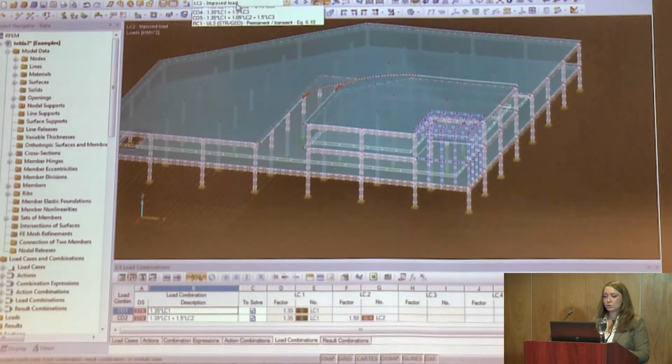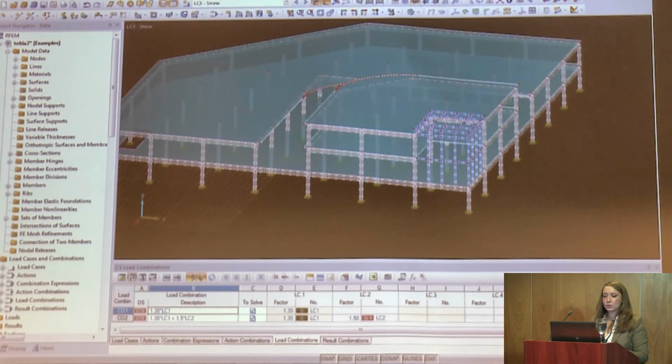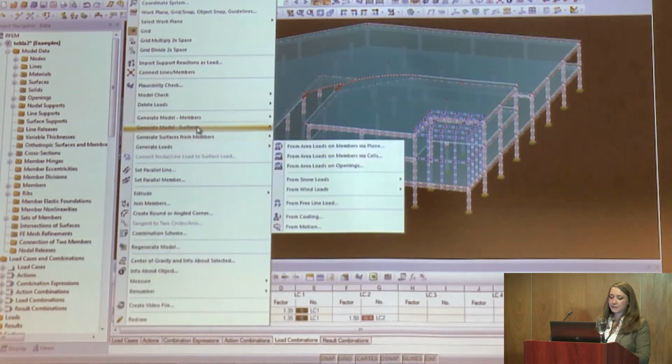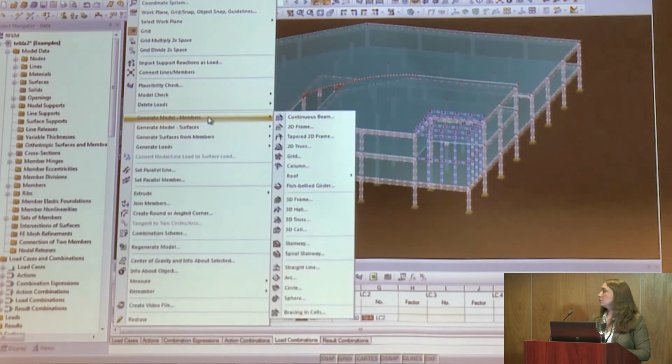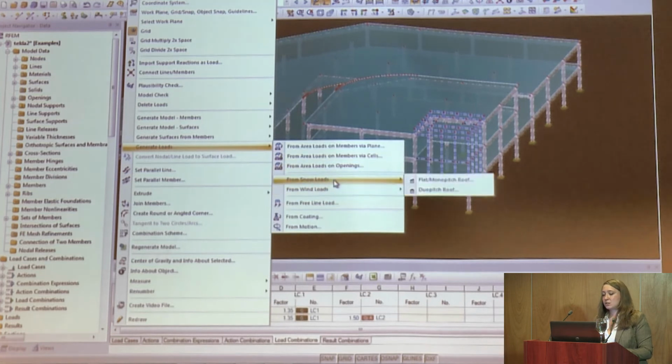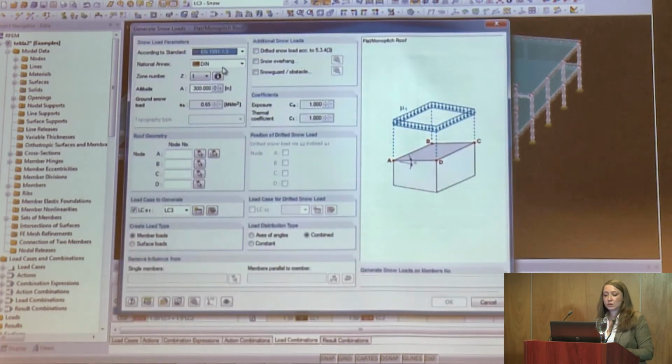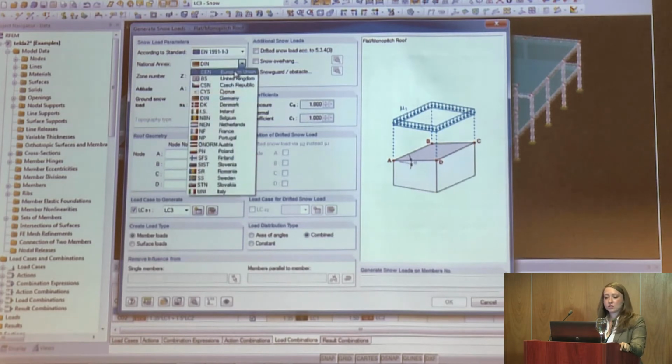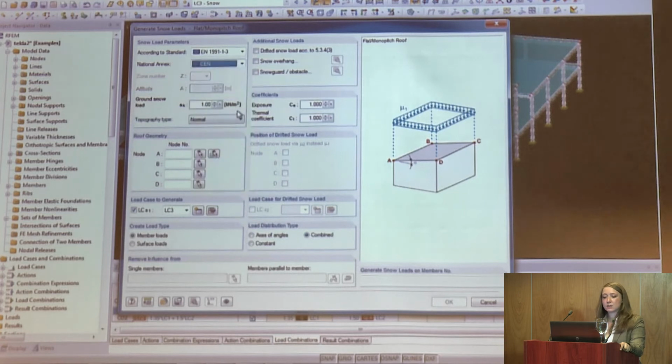Then I will go to snow load. And I will use the generator for this. We have a lot of generators in our programs. We have generators that help you model the structures, but also generators that help you to load the structure. And I will use a generator for snow load, for flat roof, and you can see here also that it is according to Eurocode. I will just change the annex. I will stay with the international one. And you can see here that there is every setting that we deal with also by hand when we are calculating the snow load. There are settings